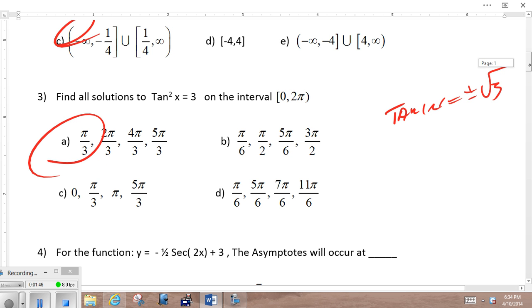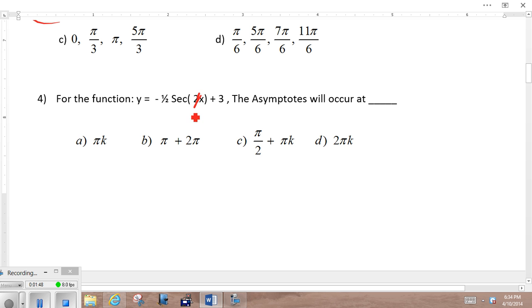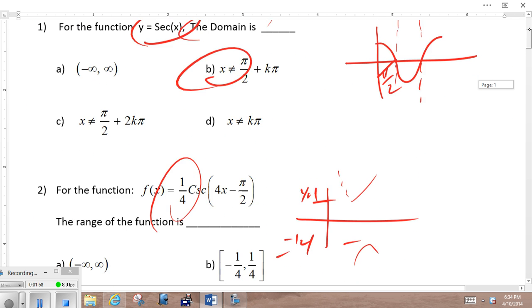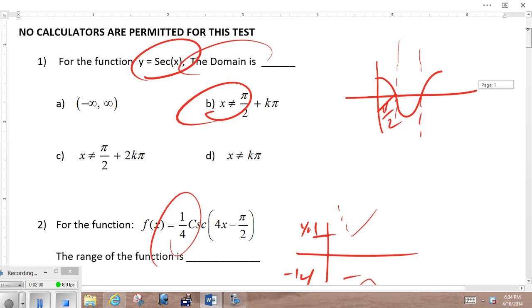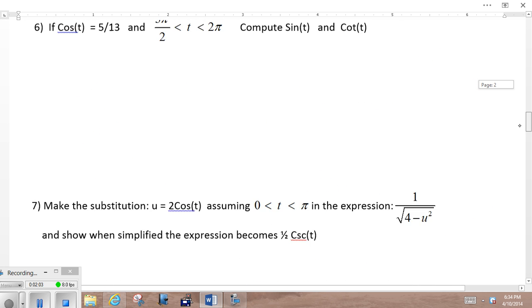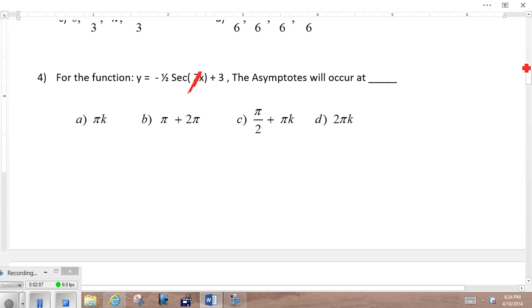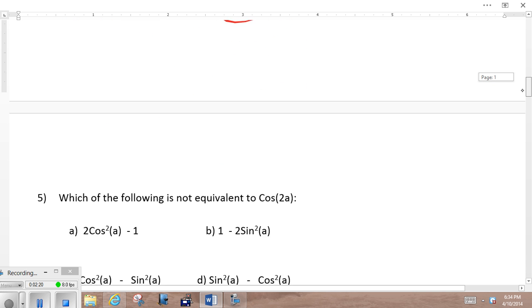There was a typo on here. This really should have been just the secant of x, and of course the asymptotes of the secant of x are pretty much the question that was asked up here in number 1. So, that being the case, this would have no impact on the asymptotes, nor would this. So I'm going to go back with this guy again. Since I had a typo there, I took whatever he gave me. Okay,